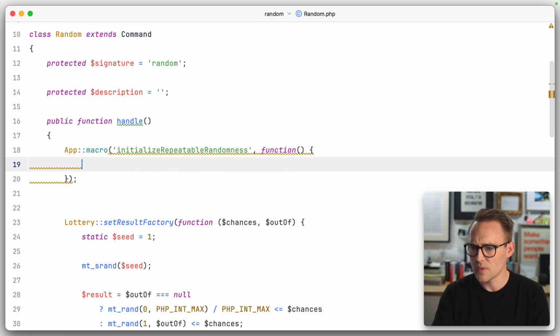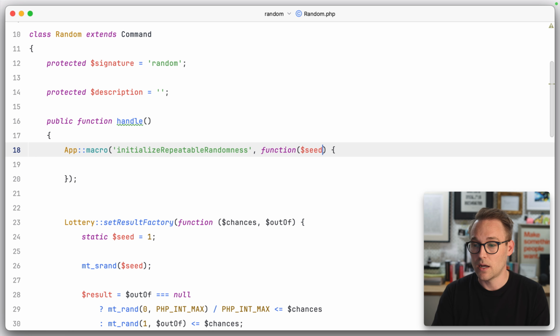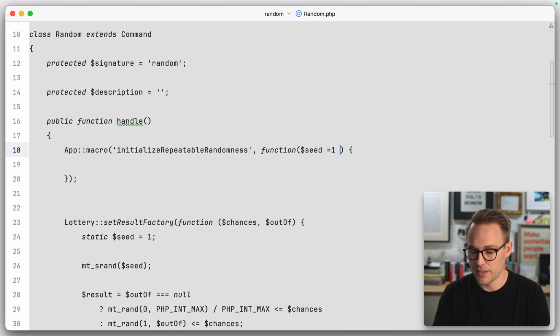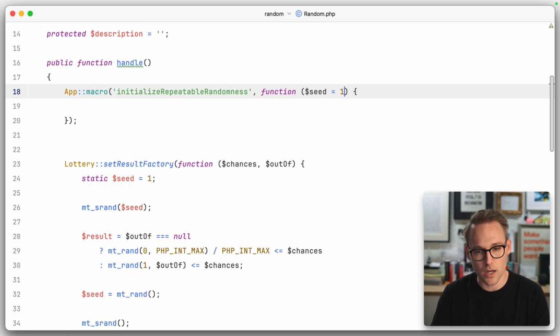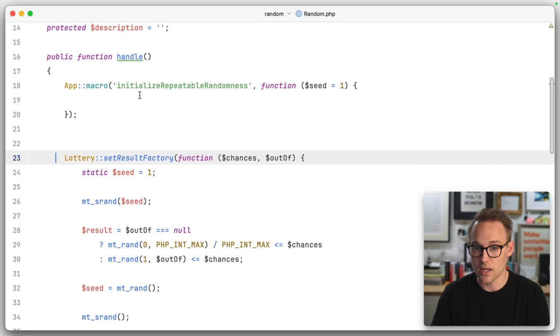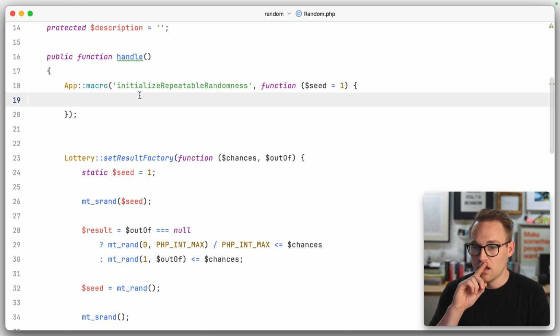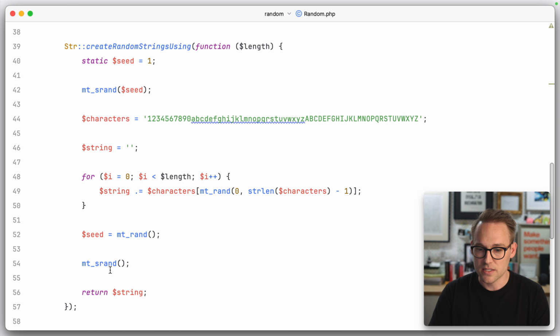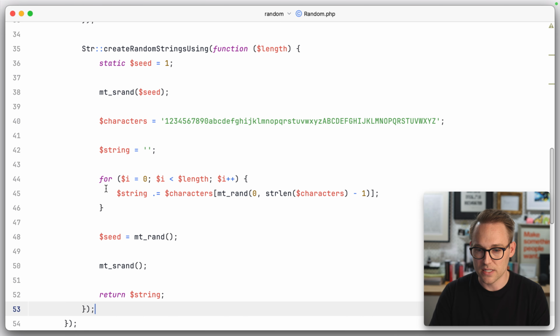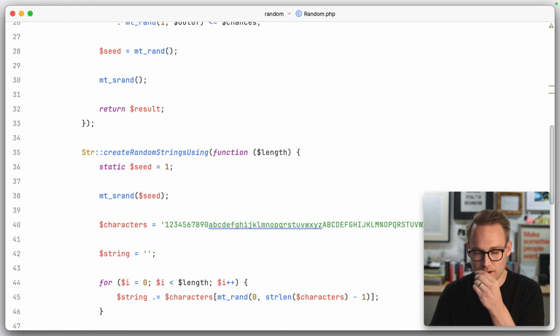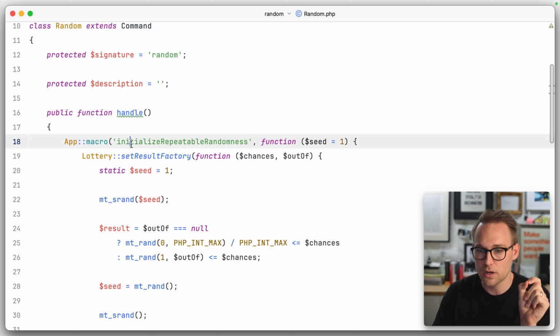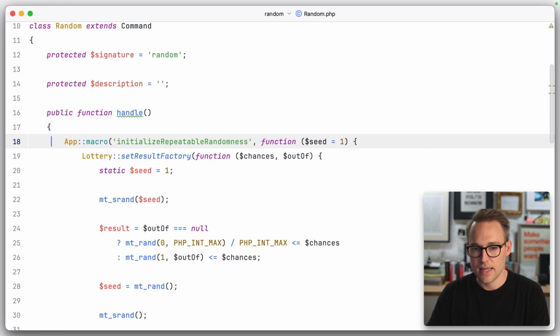And then here's an idea. Why don't we pass a seed through here? This is kind of clever. I'm not gonna lie. Initialize repeatable randomness, and let's put both of these guys in here. And so now these are not going to be set unless you call initialize repeatable randomness. And